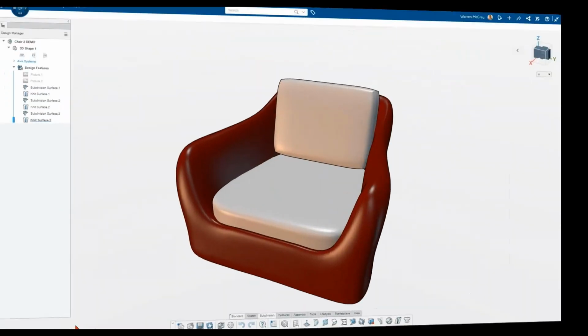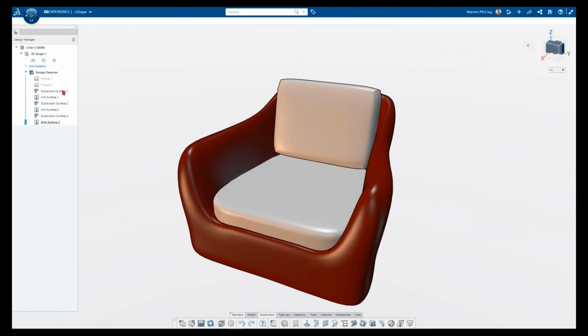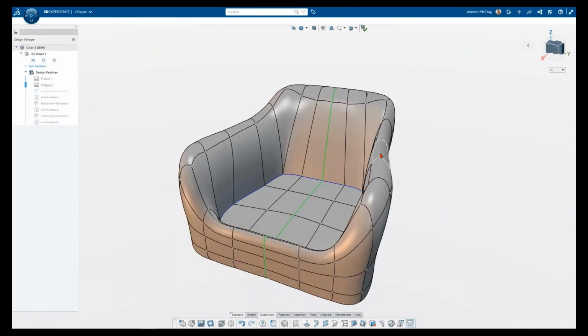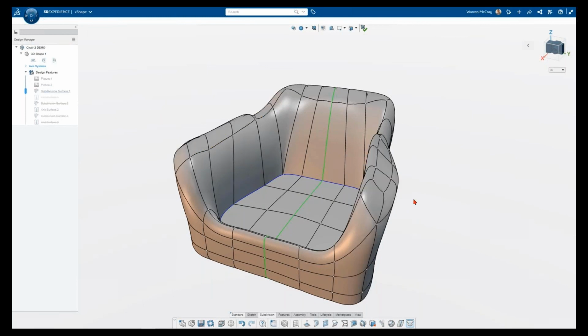It's not too bad. But of course, there's a change, lo and behold. So now I'm back in xShape, and turns out marketing didn't like the arms. They thought they were too narrow. So what I'm going to do is add a boss extrusion to the arms, and I'm going to